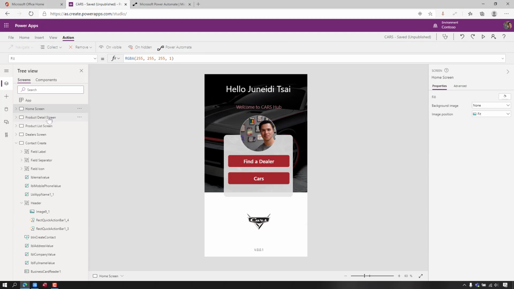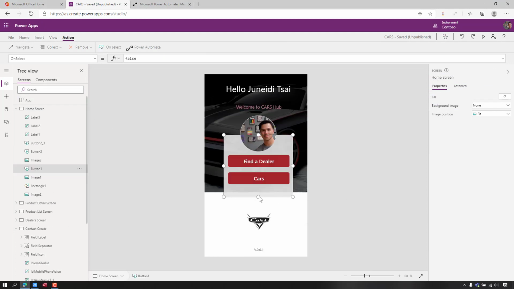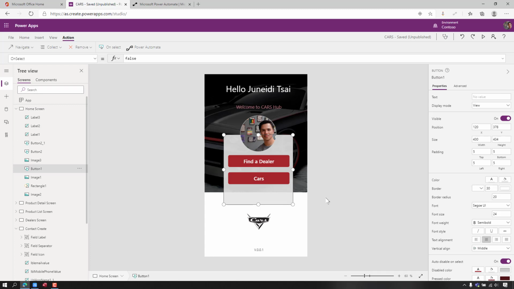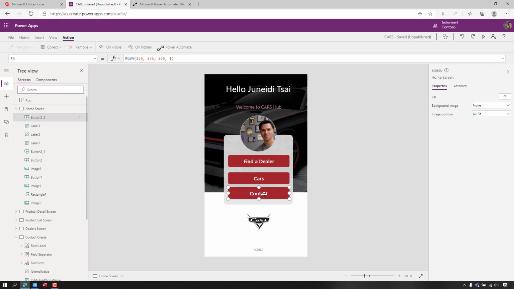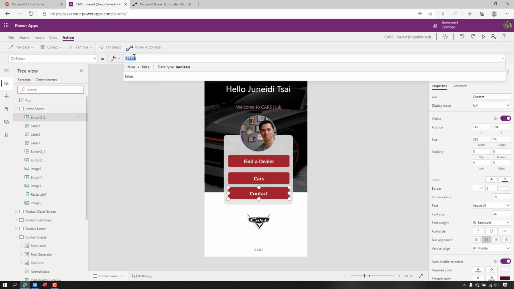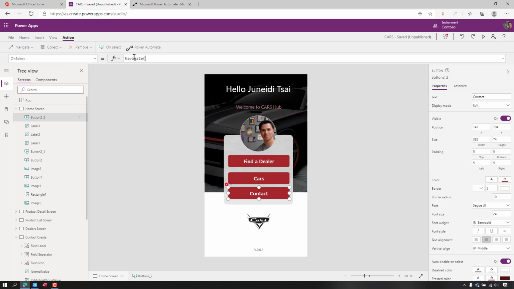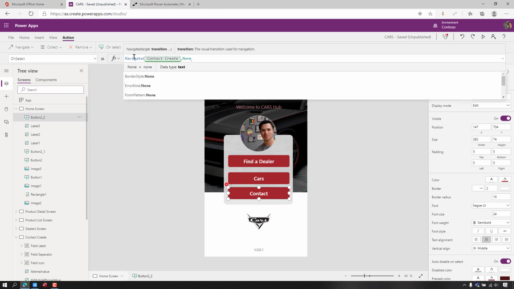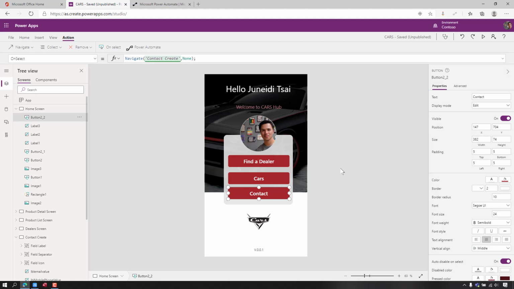The first thing I want to do is create a new button here. I just copy this one, paste it here, and change the name to contacts. I click this one and navigate to the contact creation screen. Just type in navigate and contact create, then the transition is none.